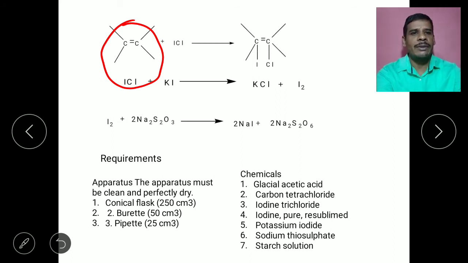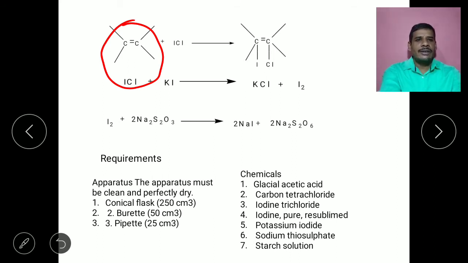Sorry, here one double bond is less here. Actually, after addition of the ICl, this double bond is removed, and only a carbon-carbon single bond is present. In this way, across the addition, a carbon-carbon single bond is formed. The unreacted ICl that remains should be treated with the KI solution, and after treating with the KI